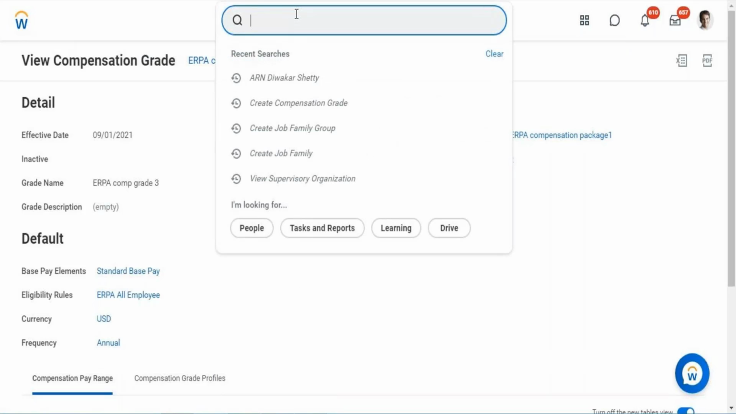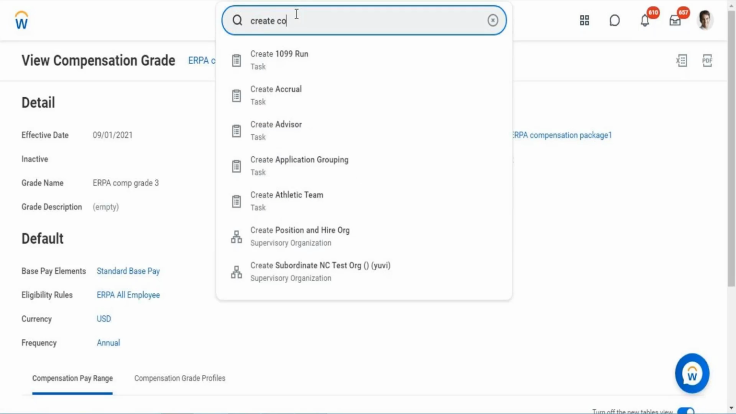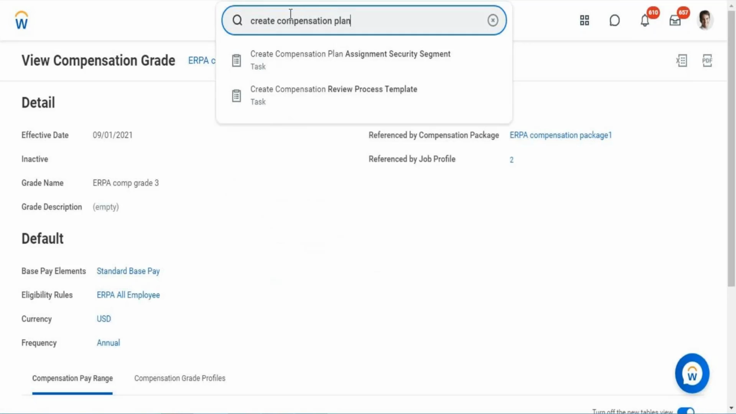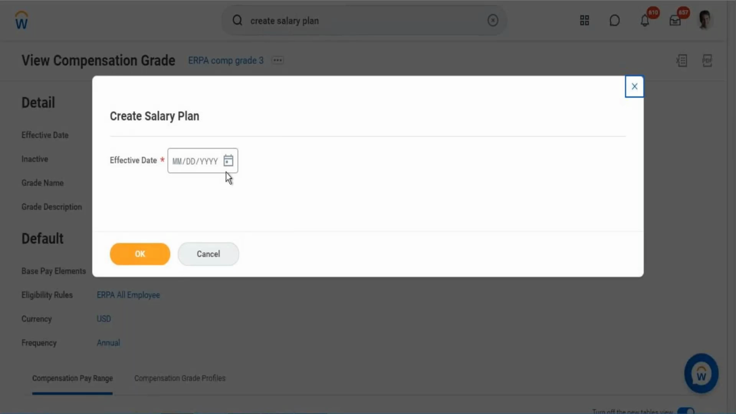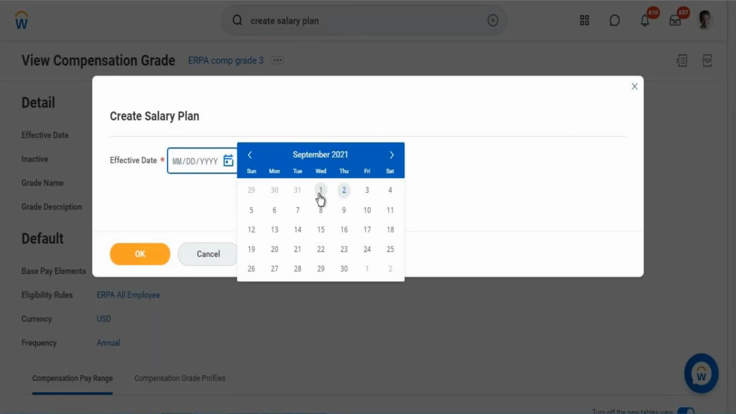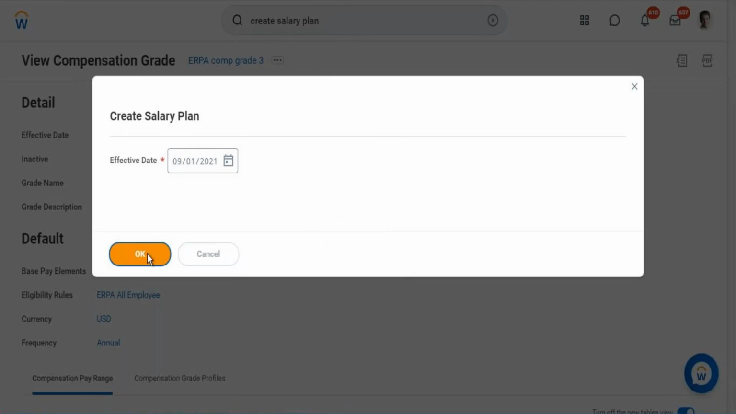So we'll create a compensation plan now. Sorry, each plan will have a different name. If you're creating a salary plan, a few things you need to note here: whenever you're creating any plan, be it